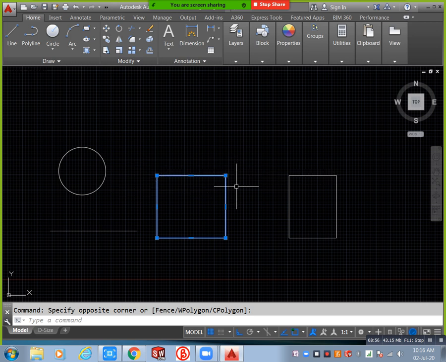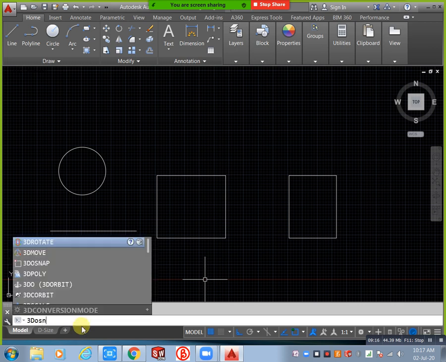For indications on that 3-dimensional model we need to use 3D OSNAP. It is the same as OSNAP, but OSNAP is only for 2D purposes and 3D OSNAP is for 3D purposes. If you need to check that, directly enter 3D OSNAP in the command box. You can see these are all 3D indications.